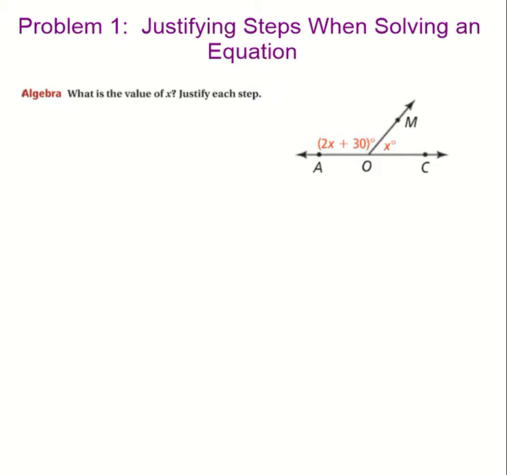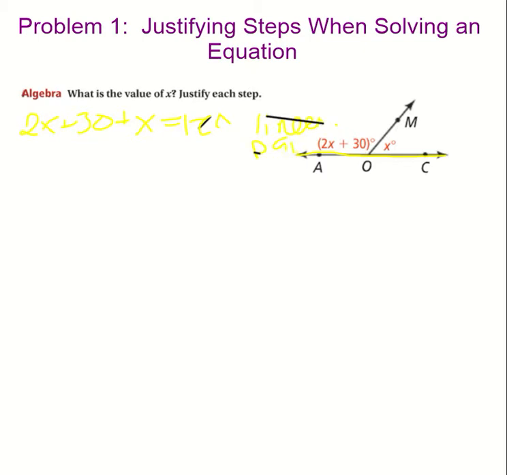We've got two angles, and we want to find out this value of x. First thing I'm going to say is that these two angles form a linear pair, and the way I know that is that they are in a straight line. Remember, if they form a linear pair, their sum is 180 degrees, so I can say 2x plus 30 plus x equals 180, and this is because they are a linear